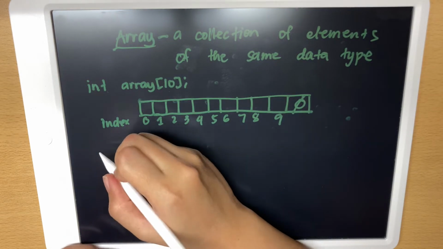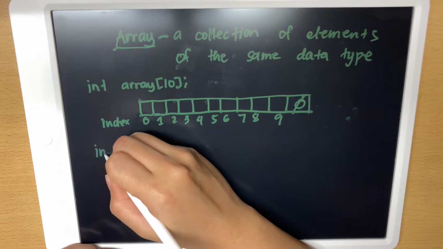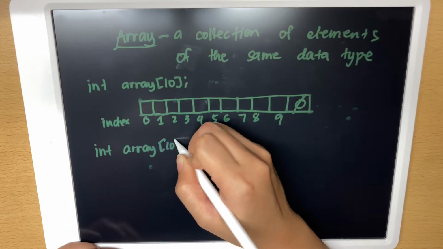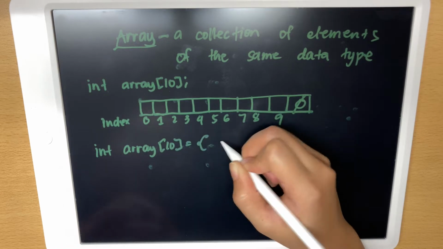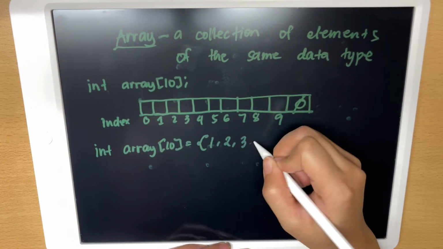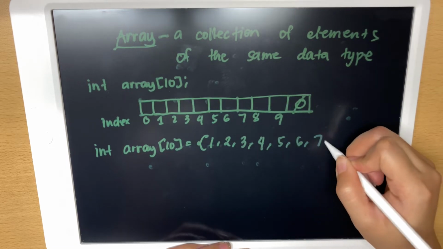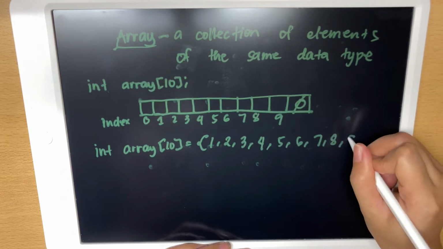And then we say that the array of size 10 has the following values: 1, 2, 3, 4, 5, 6, 7, 8, 9, and 10,